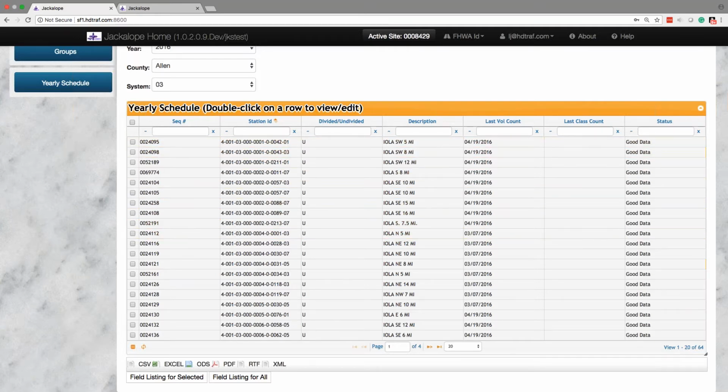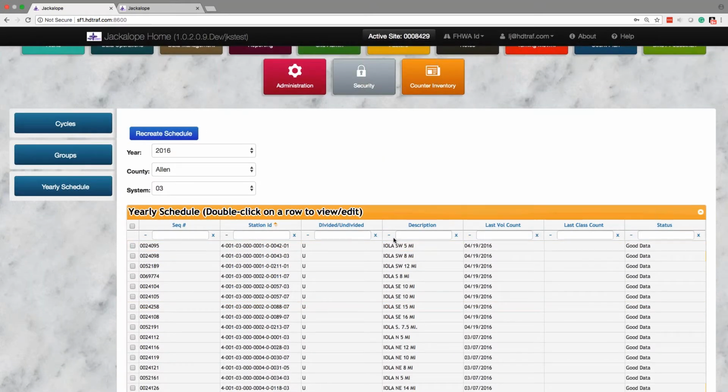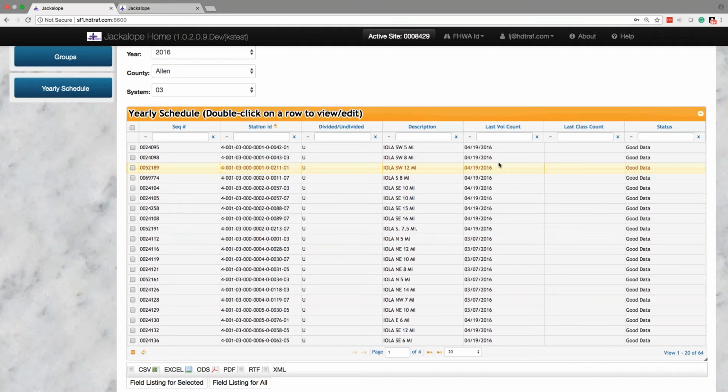The description is just the location text. It tells you the last counts that were taken there. I'm not sure why we're looking at the 2016 schedule, but there's a bunch of counts in 2016, not surprisingly, since all these sites were scheduled for 2016. And then it tells you when the last class was taken as well. And then finally, there's a status. And the status can be one of,